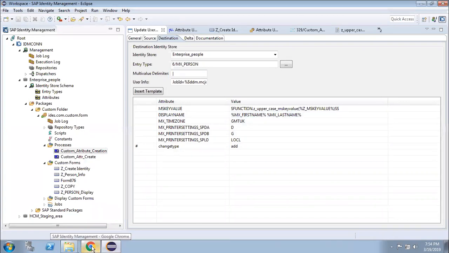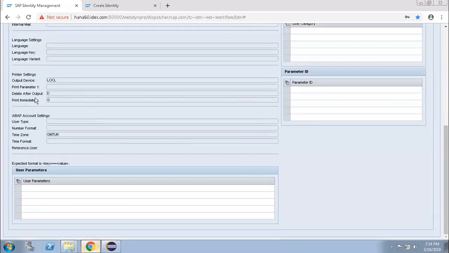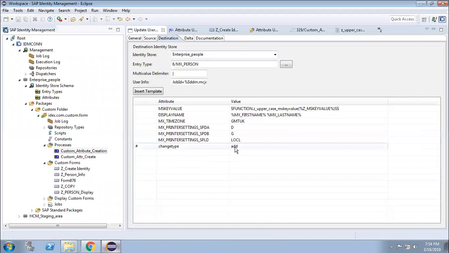And I wanted that in the settings fields, these are the fields, whatever user ID I create, this output device time zone will be updated automatically. Then I have to put this value in this field.